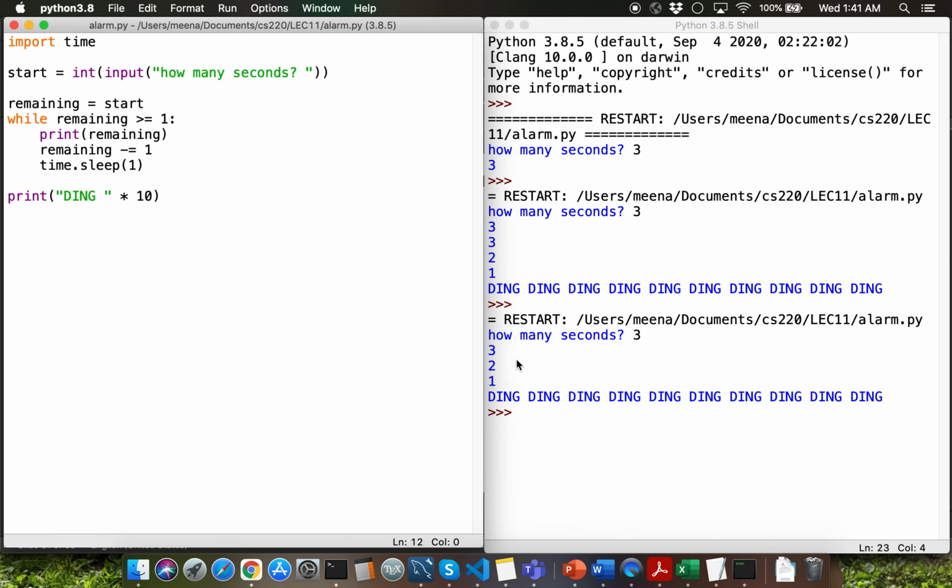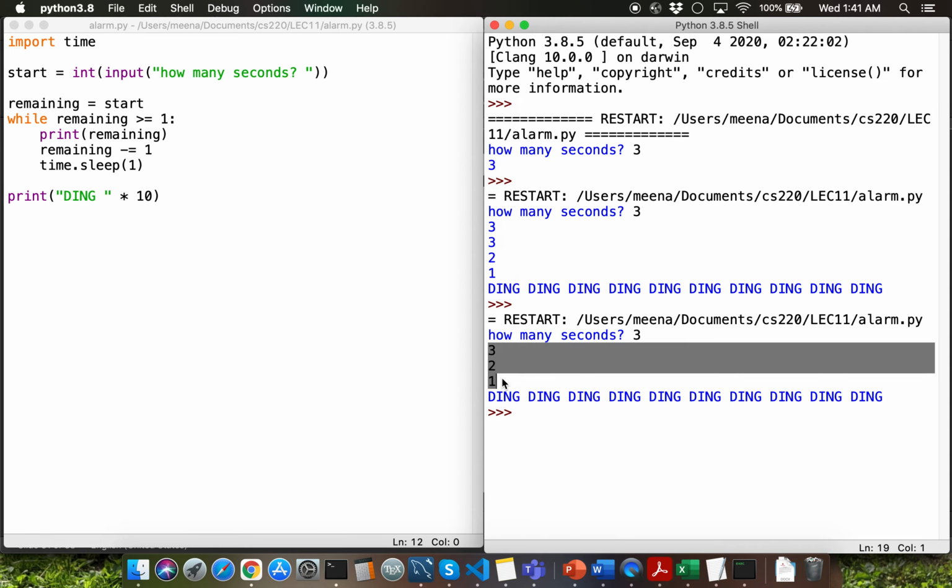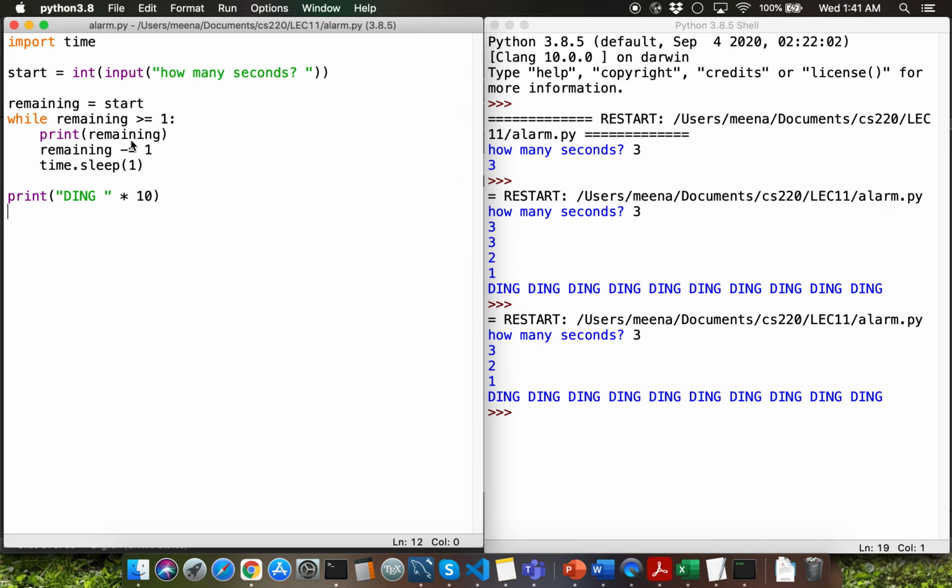Next thing which I want to do is I want to take the display which is counting down from 3 to 1 and change that to 3 seconds left. How can I do that? I have a couple of ways which will work. The first way is that I can pass another string as argument to the print function call, which just has the value as seconds left. The other way is that you need to typecast the integer variable here, which is remaining, into the string type, and then you can use the plus operator to concatenate those two strings.